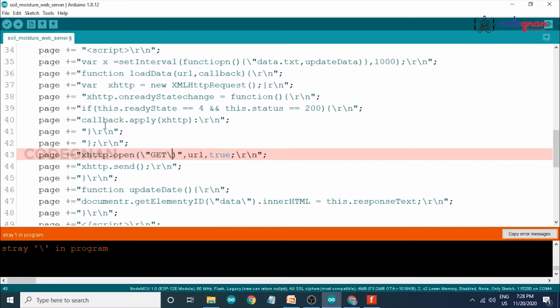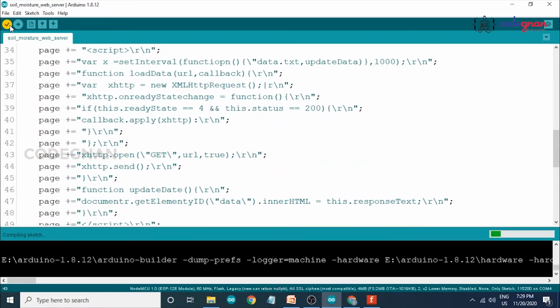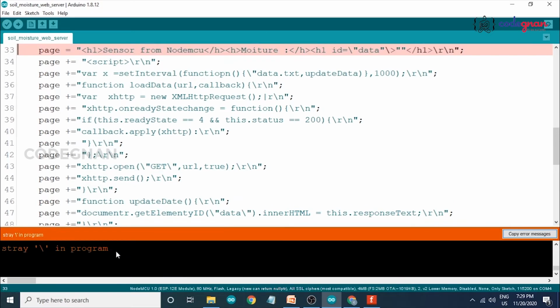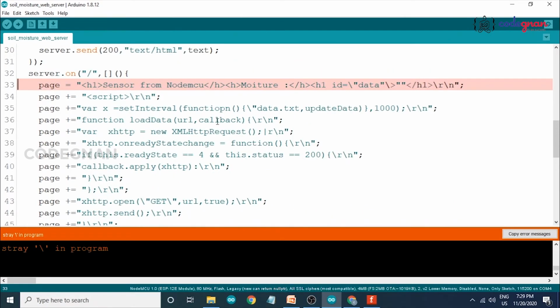This is the error it shows us here. I have not closed this bracket, so it shows me an error. Now recheck again. It's compiling now, and there is another error.